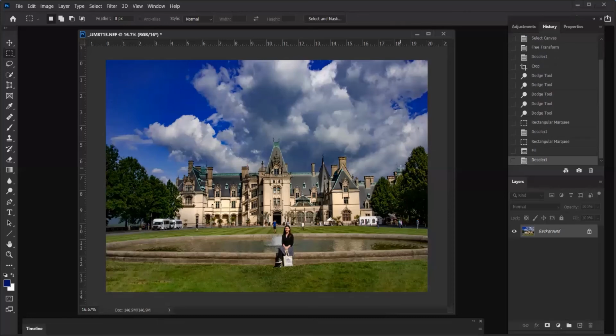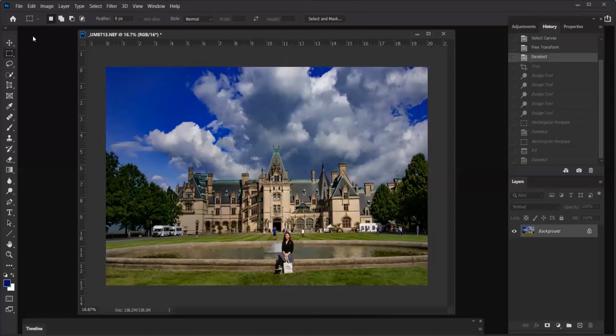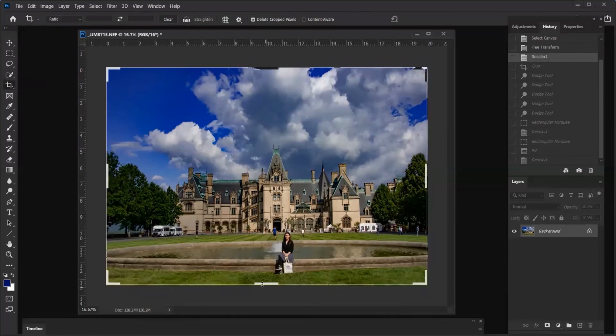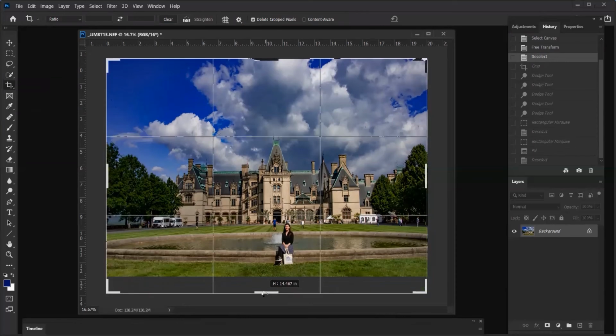That is correct. Let me go back. So you clicked on the crop tool, grabbed this bottom part and brought it down. Correct. Let it go